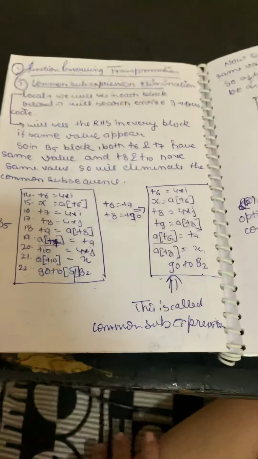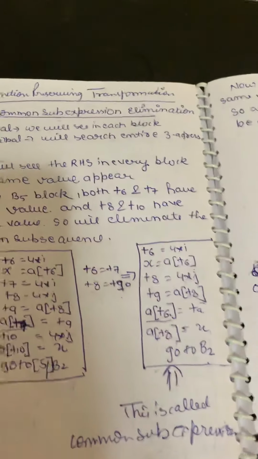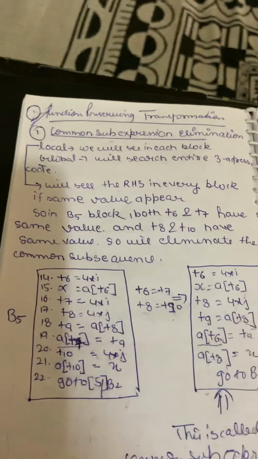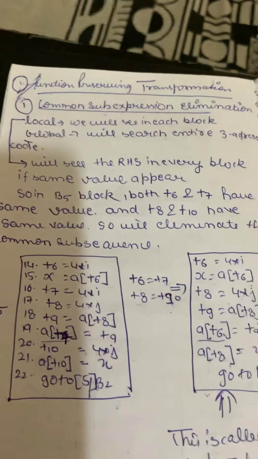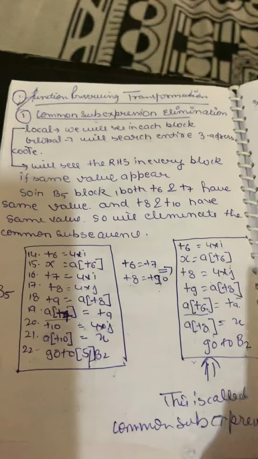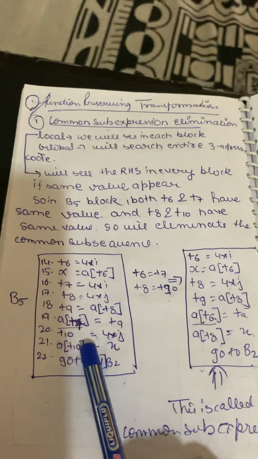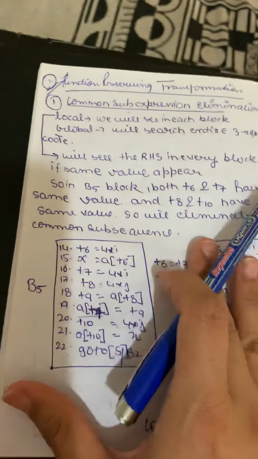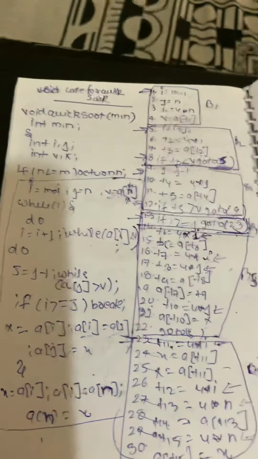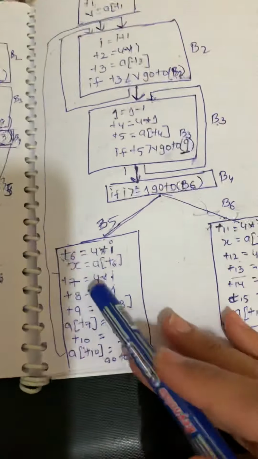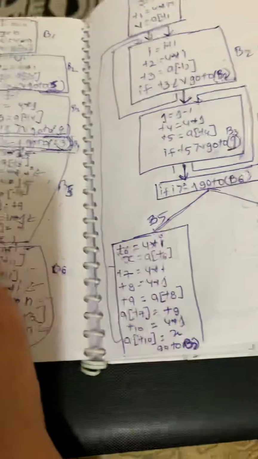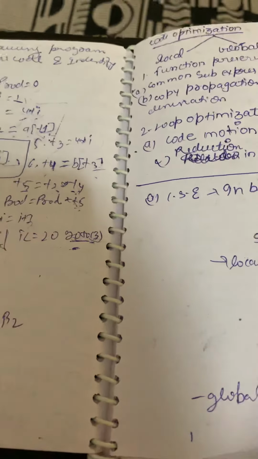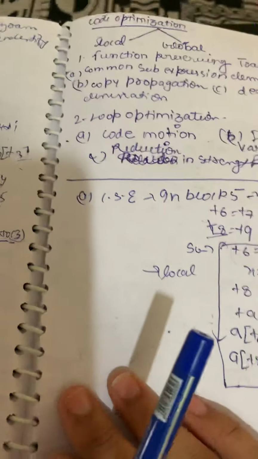Okay, so in the last lecture we covered one more example of blocks and flow graph in code optimization. This is the same example I have taken, and from that example I can show you. In this I have taken B5 and B6. Fine. So I hope you understand the concept of block and the flow graph.